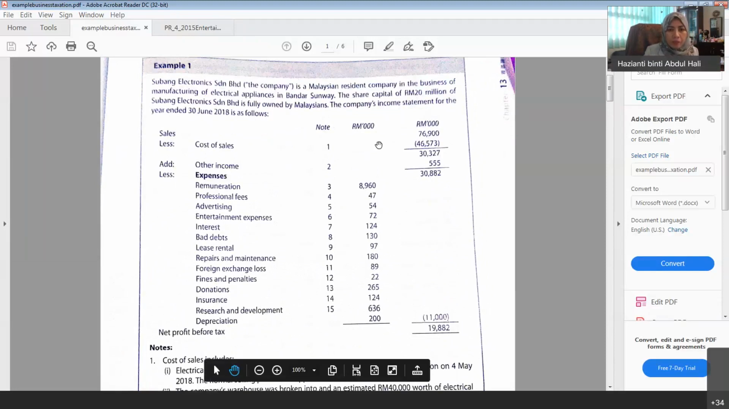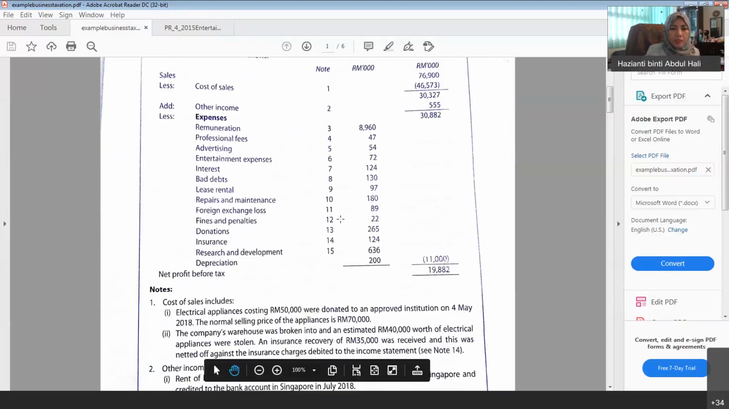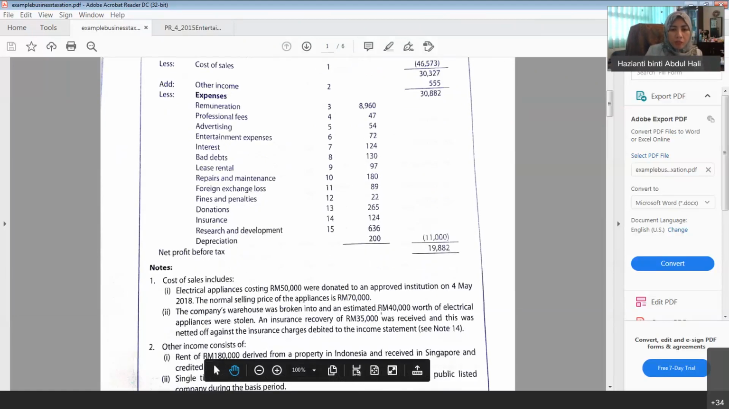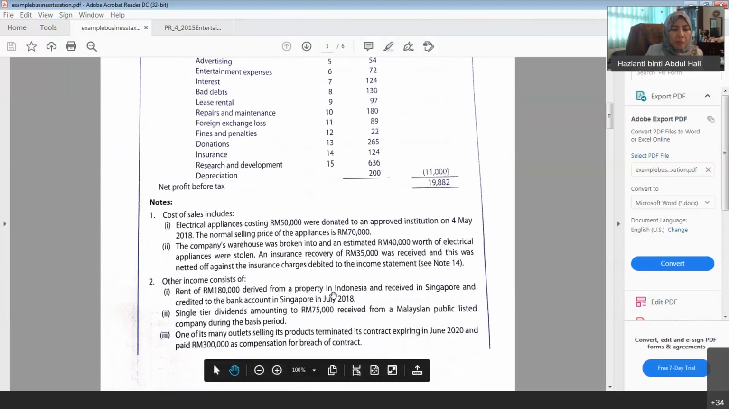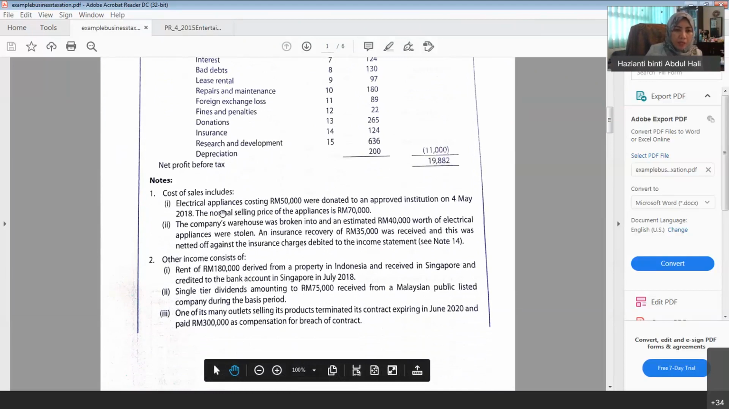Alright, so here for example in the cost of sales, there is also donation. So you must remember, in accounting you can put it here, but for taxation purposes donation cannot be put here. Donation has its own place. So we have to remove it later. Warehouse was broken into, estimated 40,000 was stolen, there is insurance recovery. Okay, there is income, it also has other income which are rent, single tier dividend and also rental derived from property in Indonesia